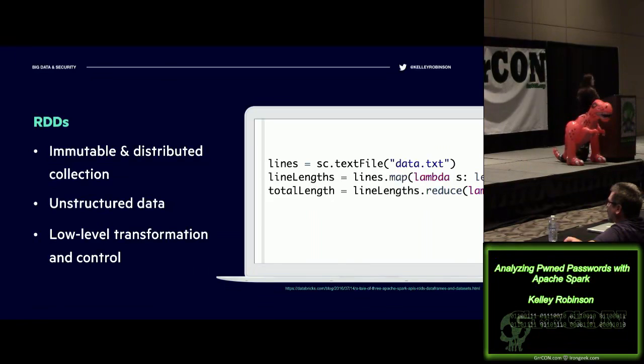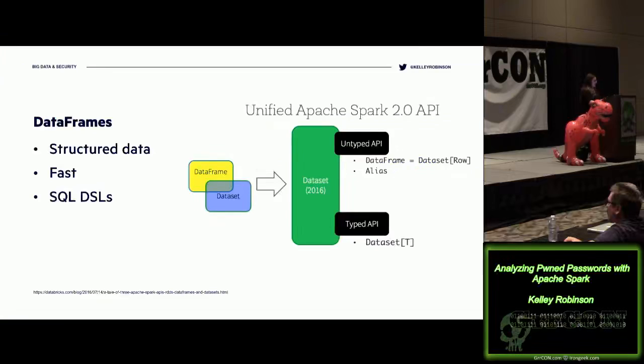RDDs aren't going away, like I mentioned. They still have their uses for working with any kind of unstructured data because they give you that low-level control for looking at every single record and doing operations on them at that unstructured level. But the biggest problem was that RDDs were slow, especially if you were using any language besides Scala. And so there were some traps that you could fall into that wouldn't produce optimized code. And this was stuff that was not obvious if you weren't either benchmarking your code or very familiar with how